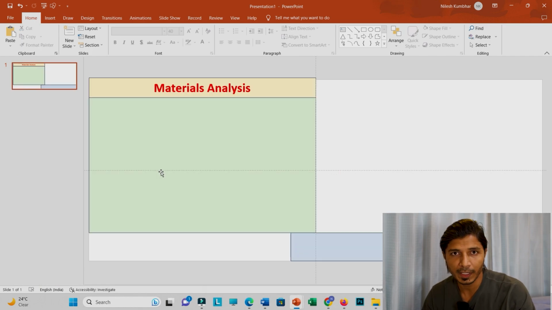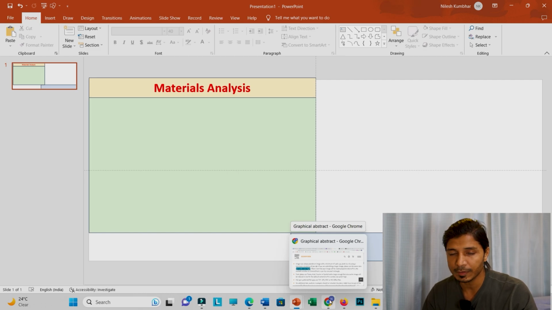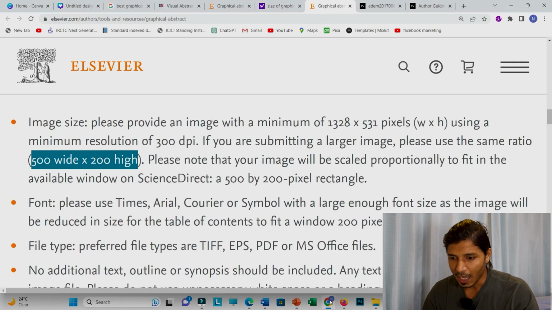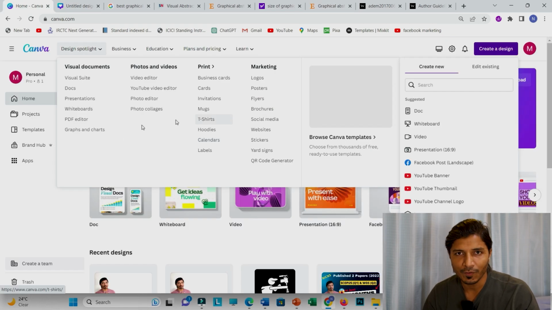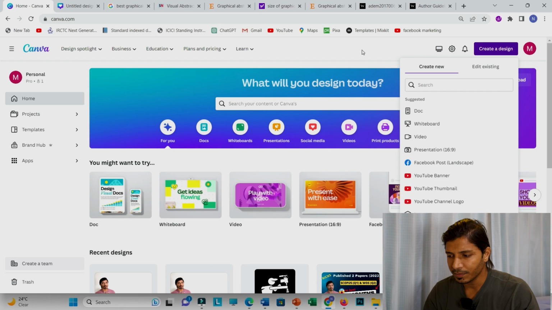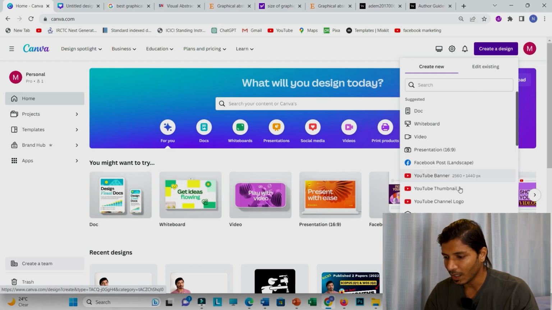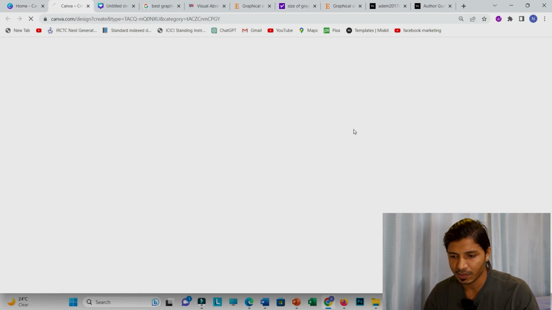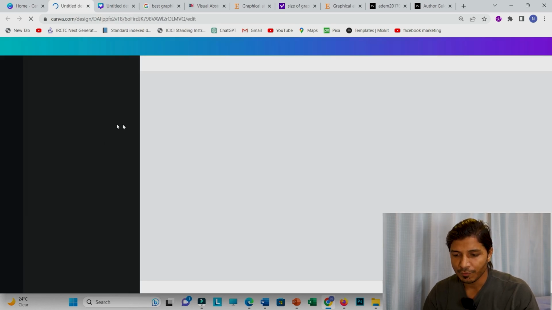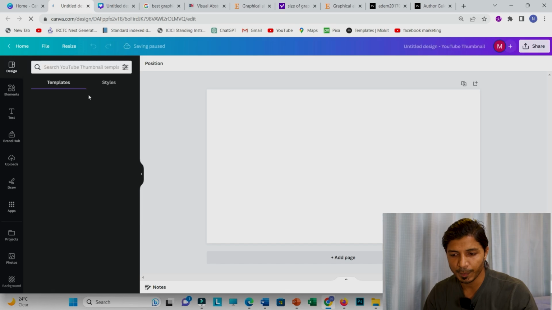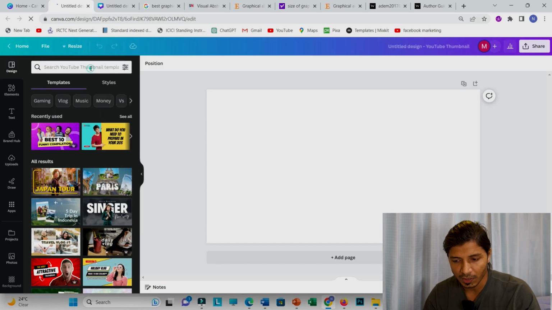Before you start preparing your graphical abstract, you should have some accompanying software. For example, researchers in biology may use BioRender. I make use of Canva, okay, where I would get some images, some clip arts that I can include in my graphical abstract to make it effective. For example, create design, you have to click on that, and you can take any image. I'll just click on the thumbnail, and from there, for example, if I am just preparing a graphical abstract in biology, then I can just